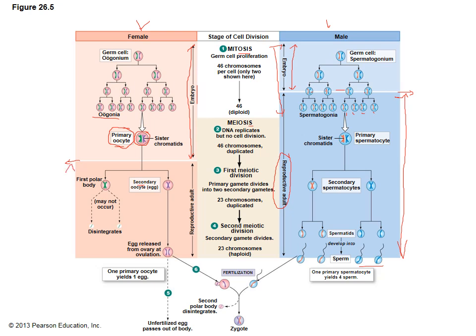Then from the onset of puberty, during the reproductive adult phase, meiosis resumes from the first meiotic division onwards. And this part takes place during puberty, specifically the release of the egg, which takes place monthly by means of ovulation. So each month during ovulation, when the egg is released, there is a reduction of the actual pool of primary oocytes available,